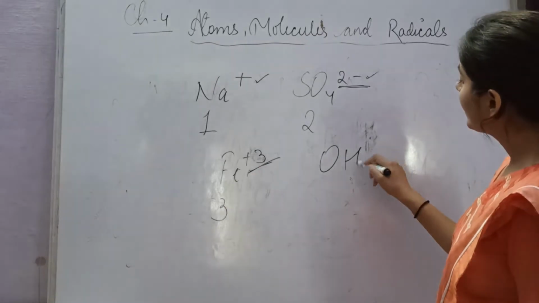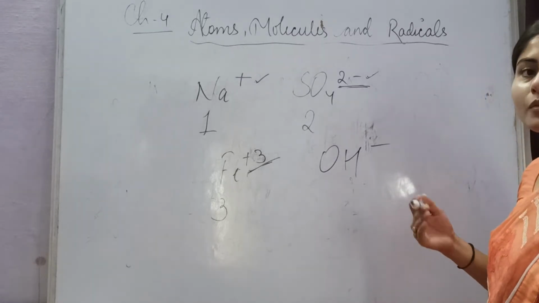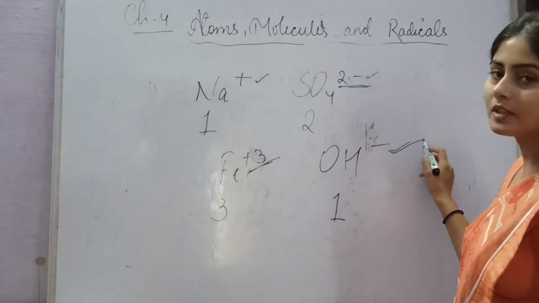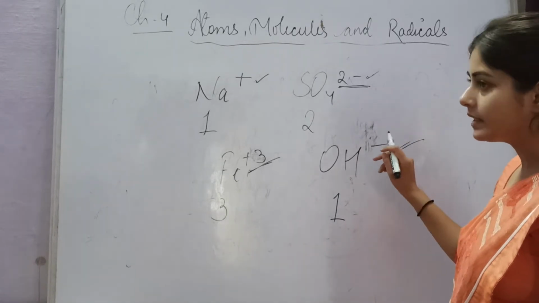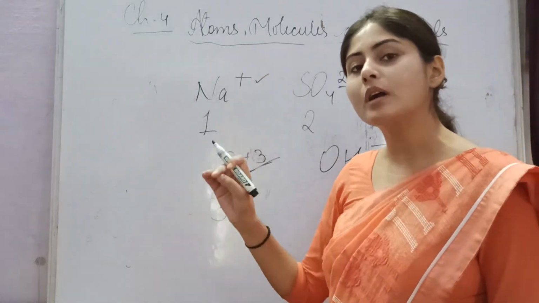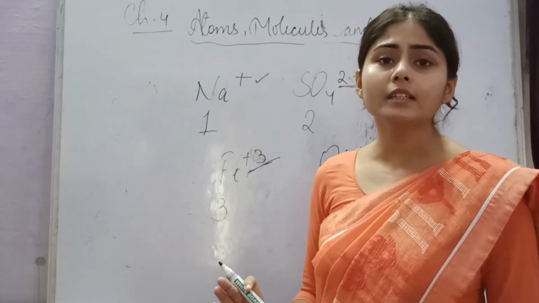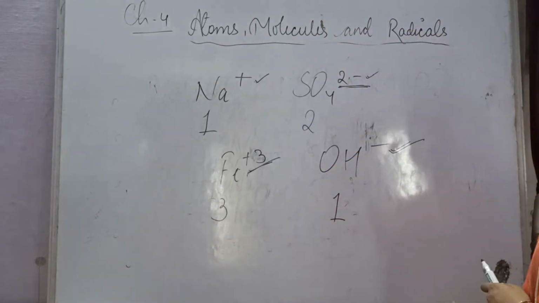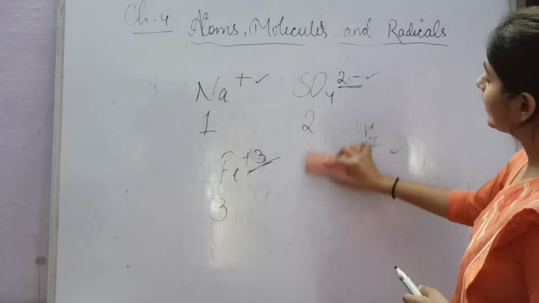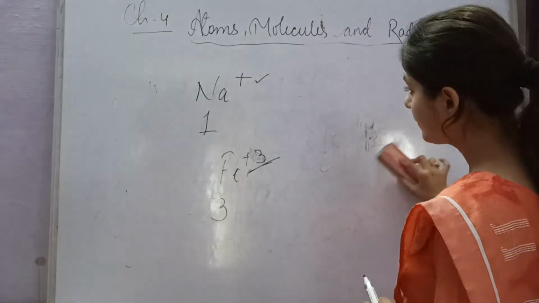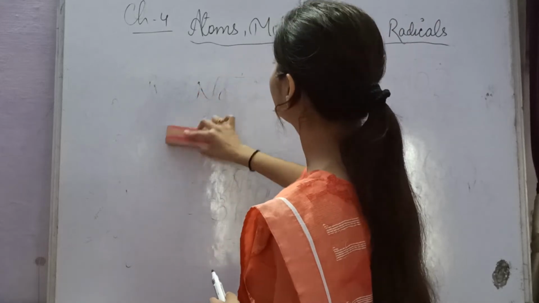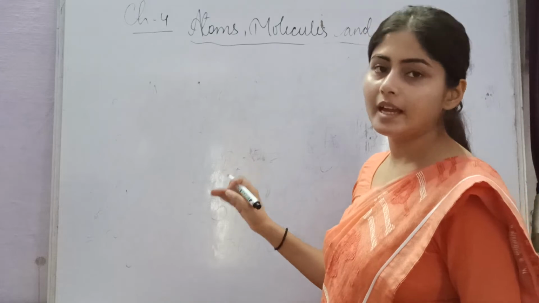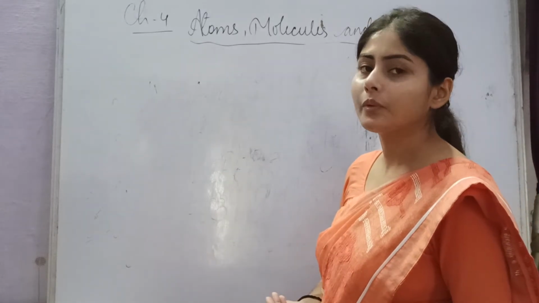Let's see some more, like the hydroxyl group. The hydroxyl group is having one negative charge. So the valency of this hydroxyl group is 1 only. Ignore this negative sign and only count the charge. Whatever the positive or negative charge is there, you have to count it and ignore the sign. So in this way, we can find out the valency of the radical. After that, just write the radicals, write their valency and transpose. You can get your radical compound easily.